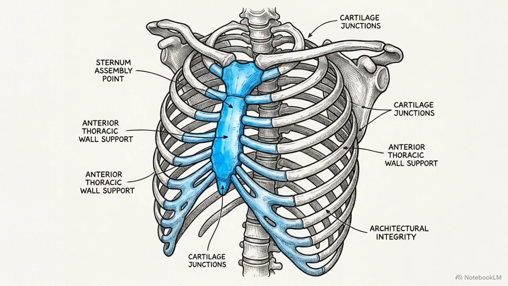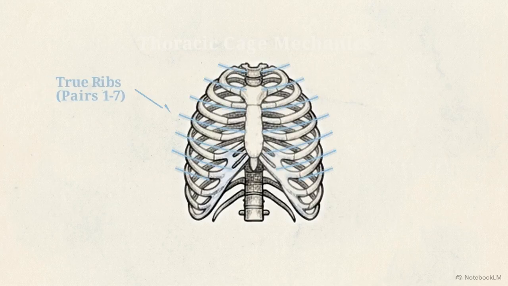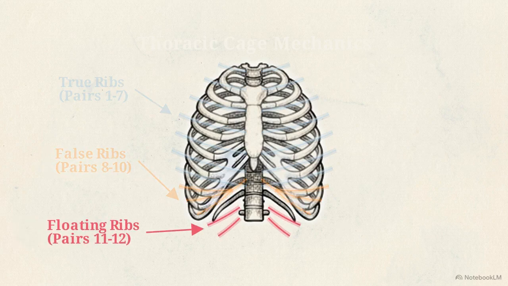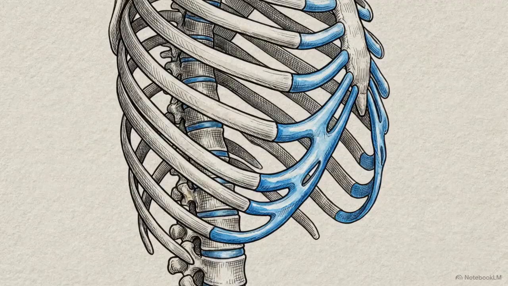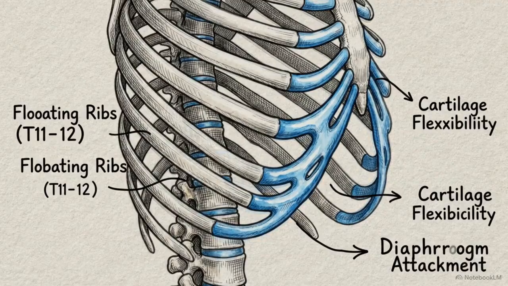Attached to the spine is the thoracic cage, consisting of 25 bones centered around a single flat bone in the chest called the sternum. This diagram maps the cage's mechanics. Pairs 1 through 7 are true ribs, anchoring directly to the sternum to armor the heart. Pairs 8 through 10 are false ribs, sharing an indirect cartilaginous pathway. Finally, pairs 11 and 12 are unattached floating ribs. By leaving the bottom of the cage unanchored, the skeleton allows the diaphragm the mechanical freedom it needs to expand